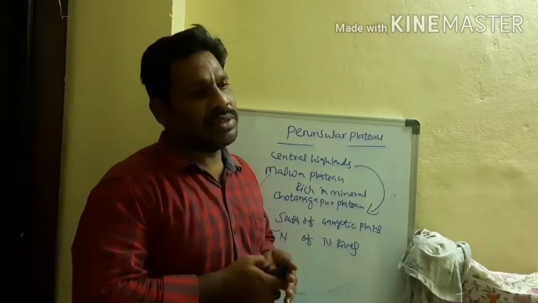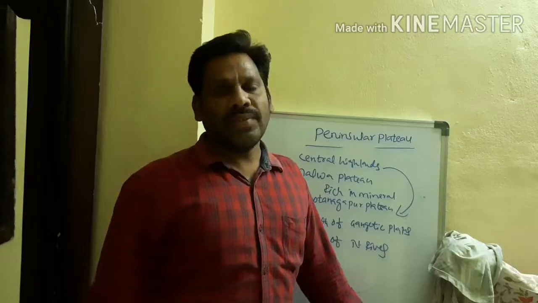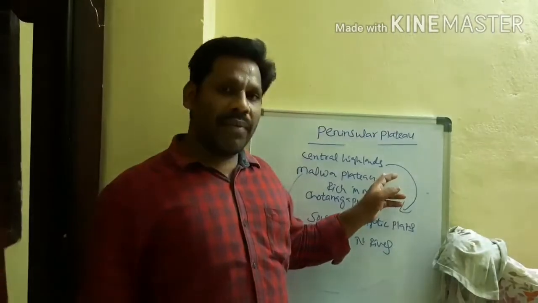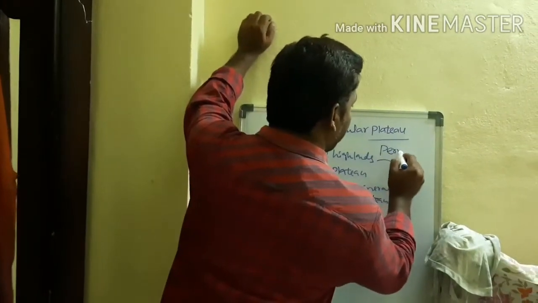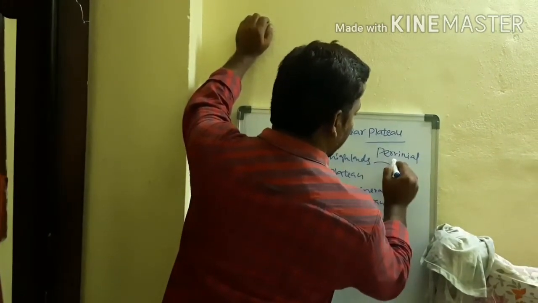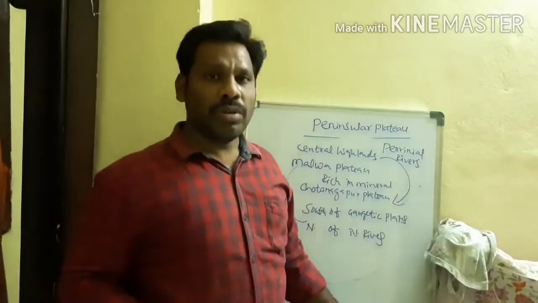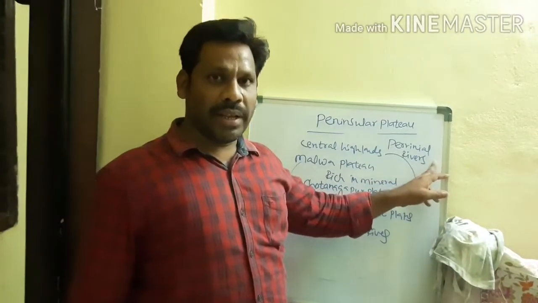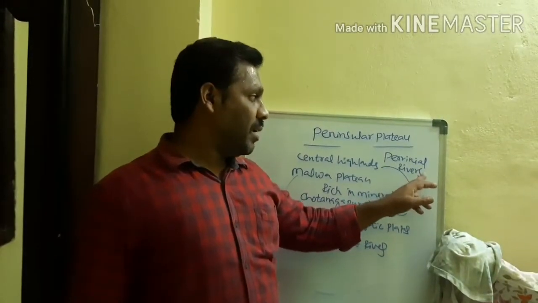When you compare plateaus and plains, plateaus are not as suitable as plains for growing crops in our country. Why? Because plains have very fertile soil and perennial rivers. What do you mean by perennial rivers? We already discussed it in yesterday's class. Perennial rivers are the rivers which flow throughout the year due to rainfall as well as snow melting in our country. These are the source of water for the plains.